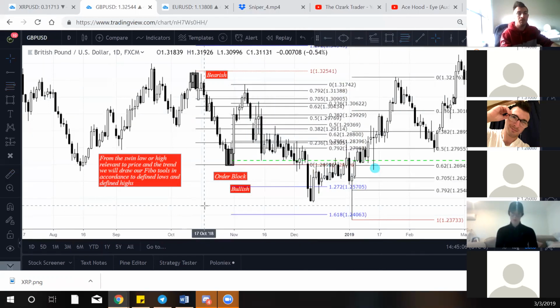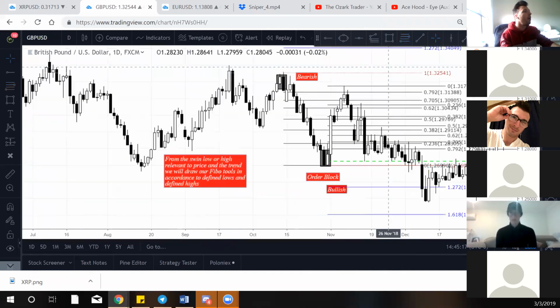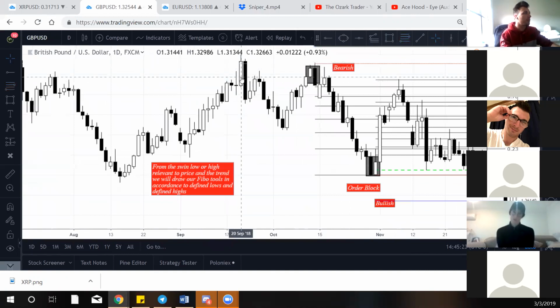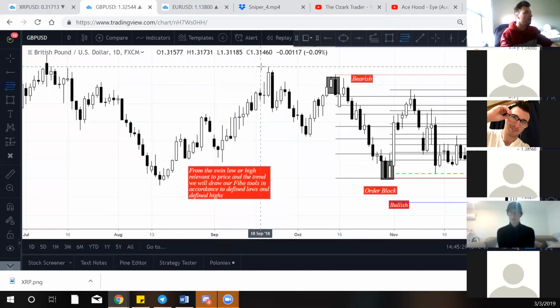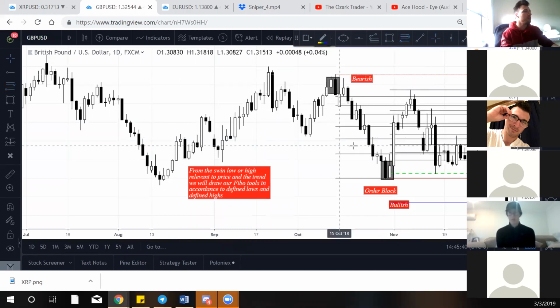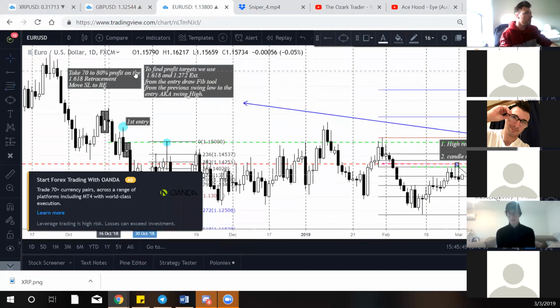Now, the last candle before a turnaround in a trend. So I'm going to go in here and dissect this really quick for you guys. This right here is an order block too, guys. And we actually could have taken an entry on that too. Let me zoom out and show you. Yep, there it is. Entry right there at that order block, 79.2, 70.5, and 62%. Boom. Cool. Awesome. So what I mean by that, do you guys remember if we go back to Euro USD,